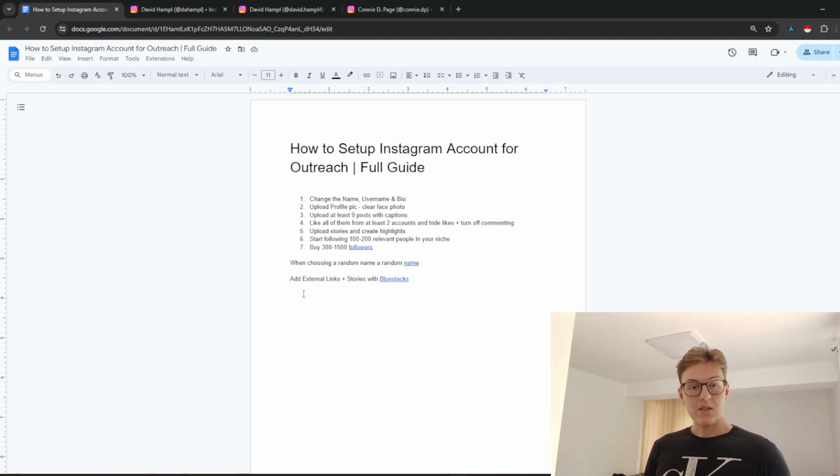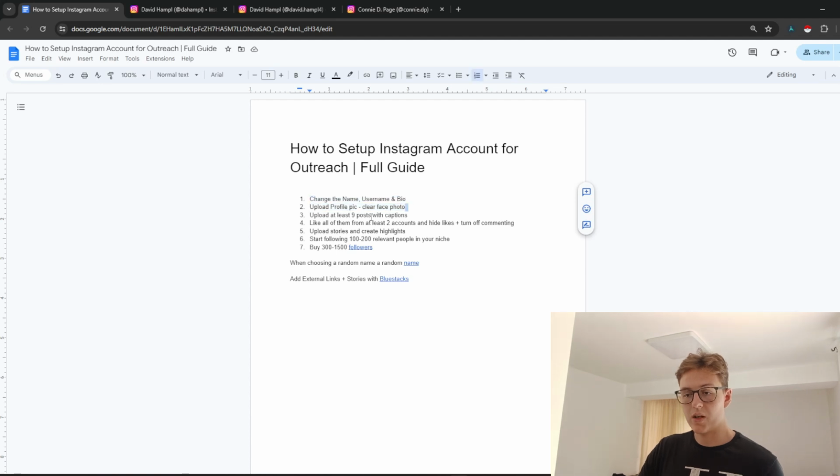Now the next thing is the profile picture. Ideally you want to have a nice profile picture with a straight, clear face photo so that people can visualize how the person looks. It can be from a distance where you can show off your whole stature, but it can also just be a face photo. Avoid unclear photos and just try to focus on a clear photo, because we are still trying to bridge the gap of the human connection that is limited. In this case it's only virtual, but at least give us a clear face photo,